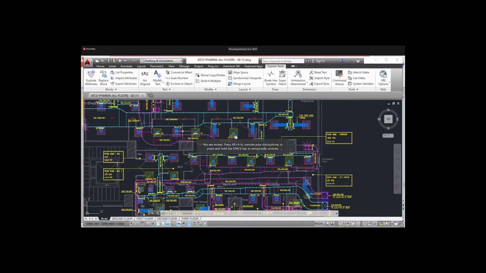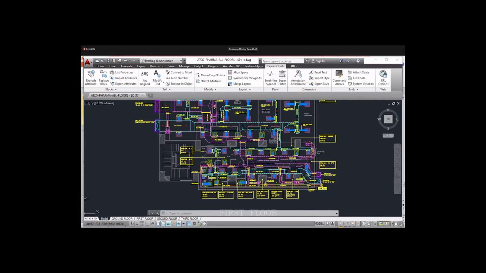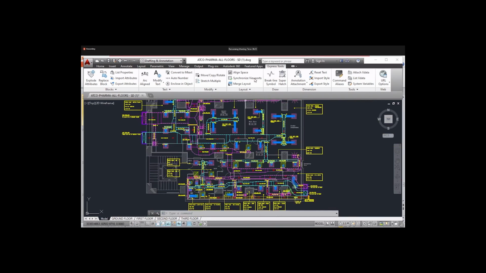Okay, so next we will see the plenum box sizing. How we are going to size the plenum box.